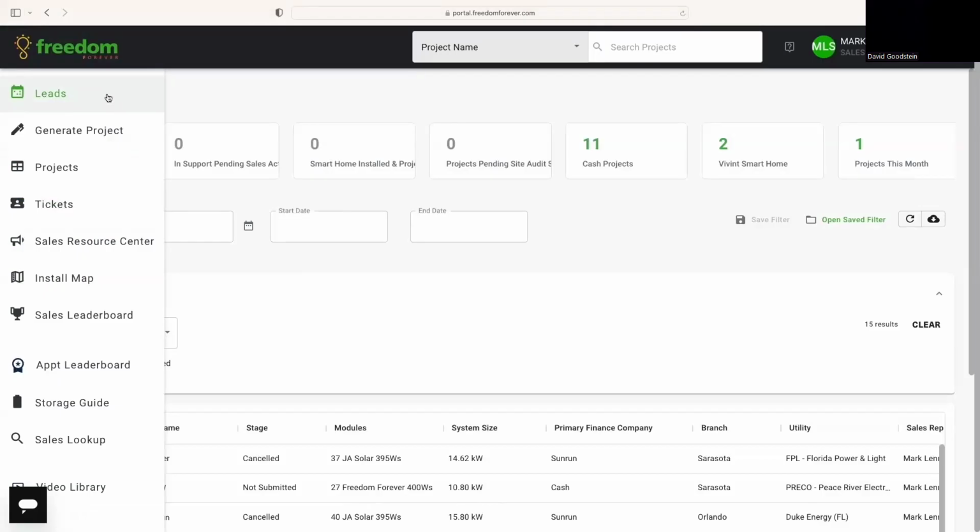You can click on the tickets tab to open up the tickets menu. And then there's the sales resource center, the install map, and then the two leaderboards, sales leaderboard and appointment leaderboard. There's the storage guide for reference, the sales lookup tool, and the video library. We're going to go over each one of these throughout this presentation, but next up, we're going to go to